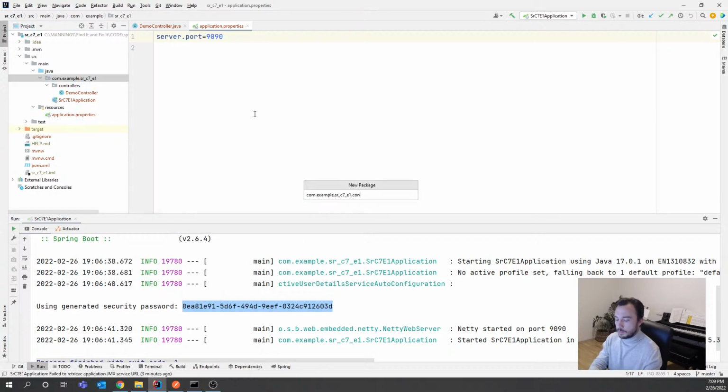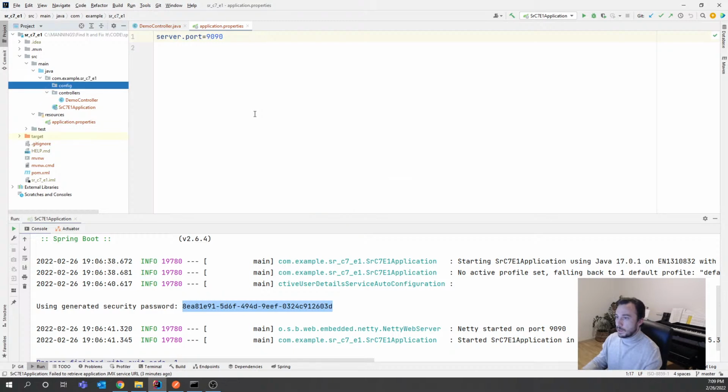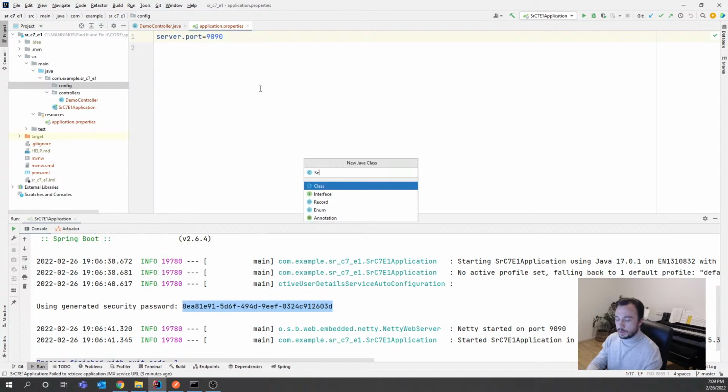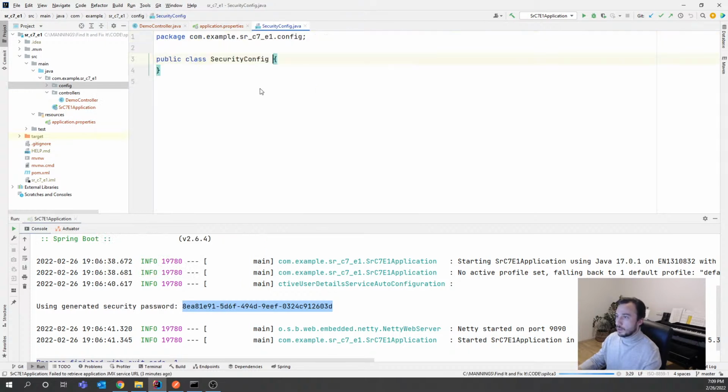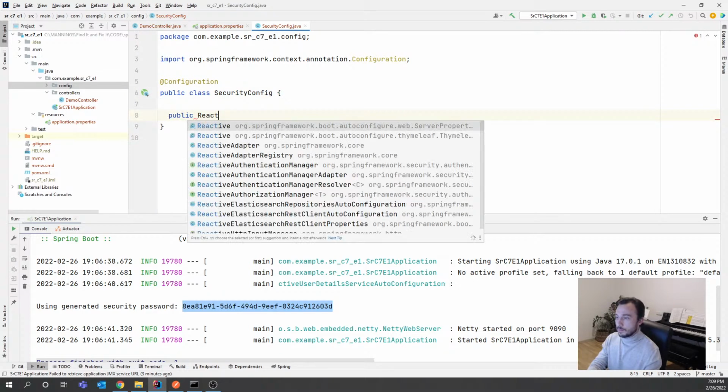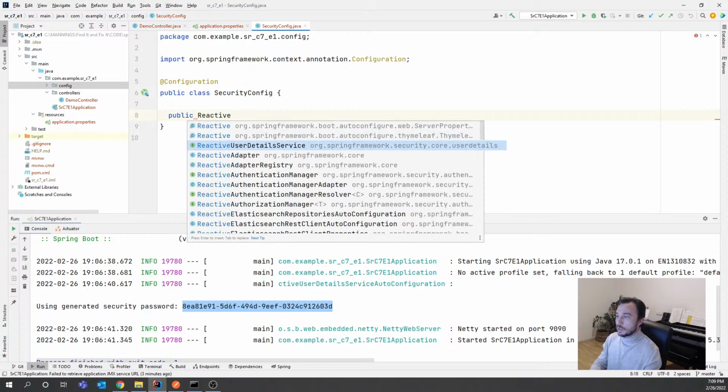So let me create it. I have a package and I will create a class named SecurityConfig, and I will mark it using the Configuration annotation. So what I'm going to do now is add a ReactiveUserDetailsService